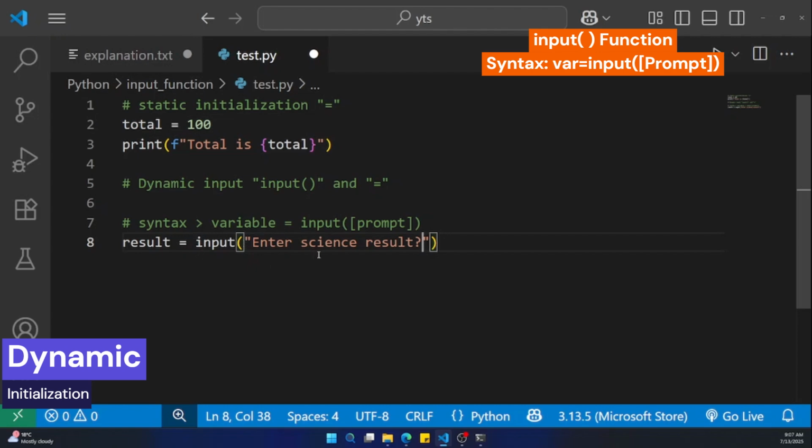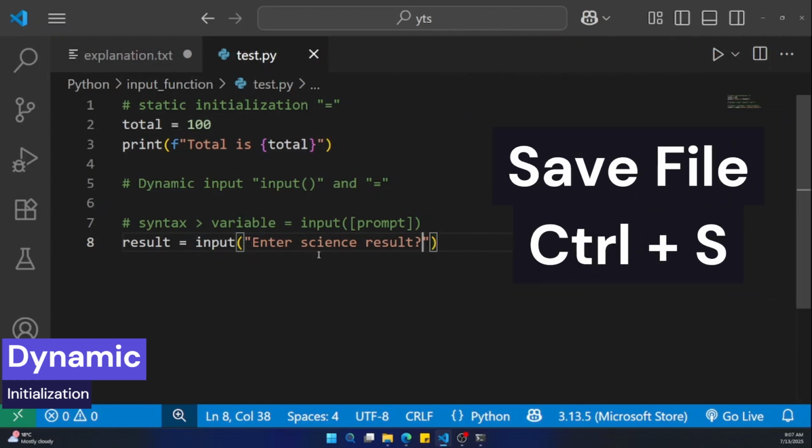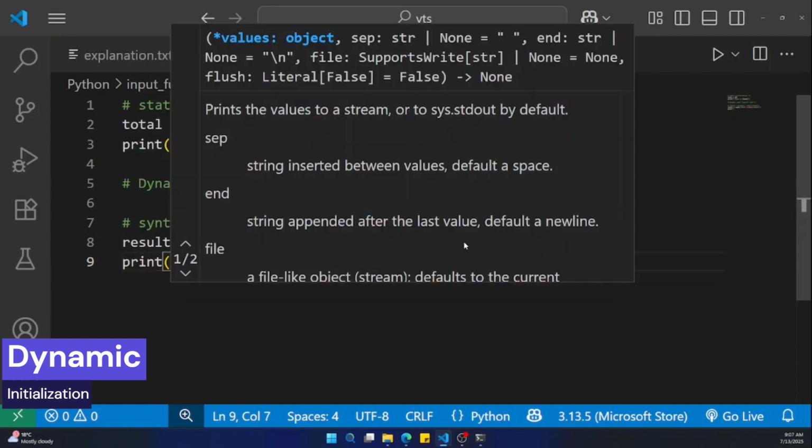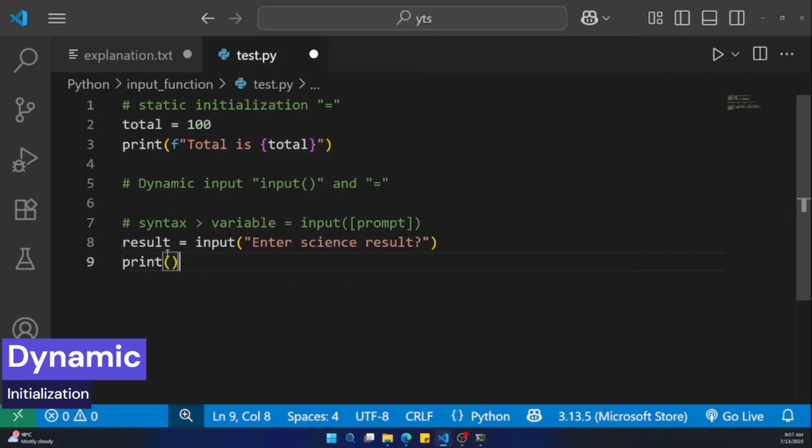Then I have to save the file, Control S to save the file. Come at the end, press enter, print, then put f-string substitution and say the science result is